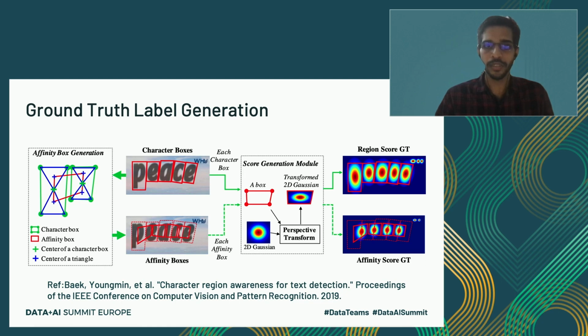Since it's continuous, the loss function is also different. In the paper it's mentioned that they're using mean squared error as the loss function. You can refer to the paper; I've given the reference here. You can refer to the paper offline and get more details on that. But I hope you got an overview of how text detection is achieved now.